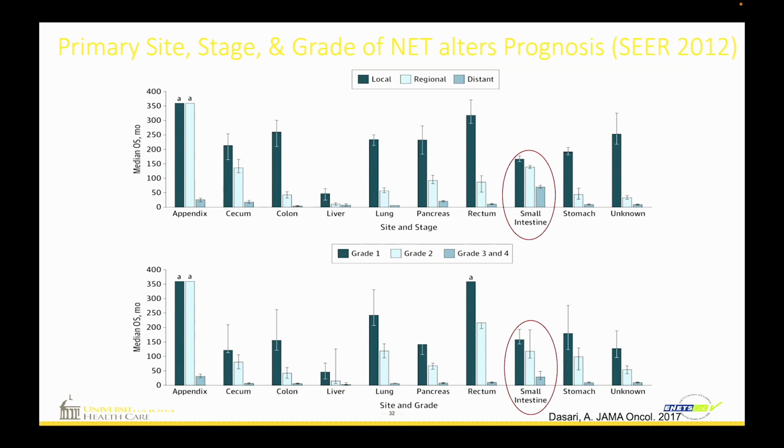So, all of these issues, the size, the stage, the grade, they all influence overall survival. I don't need you to look at the numbers for overall survival. I want you to look at the pattern, because this comes from 2012 and before, and that becomes very important, as I will show you. But the pattern is the same. If you have tumor that's very localized, people do better than if they have tumor that's gone into the lymph nodes or into the liver. If people have tumor that has a low grade, a low aggressiveness, they live longer than people who have high grade tumor.